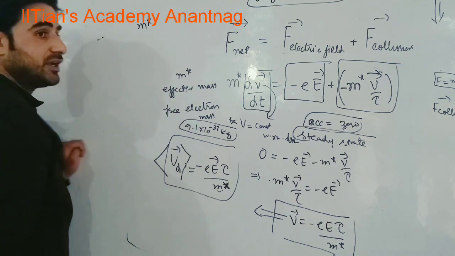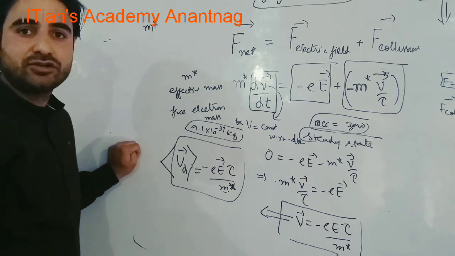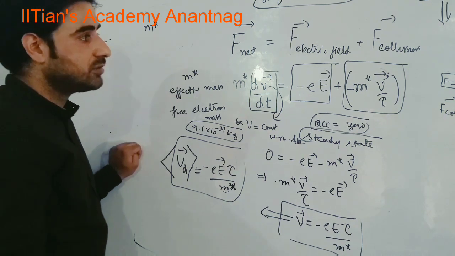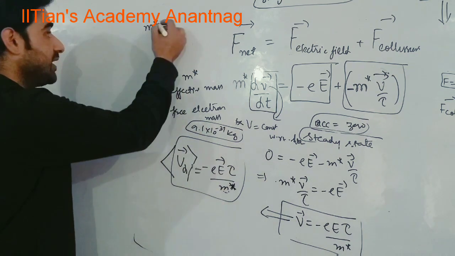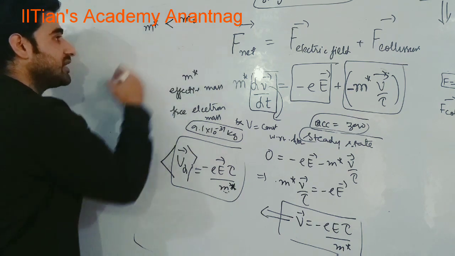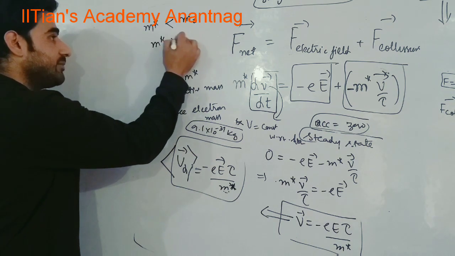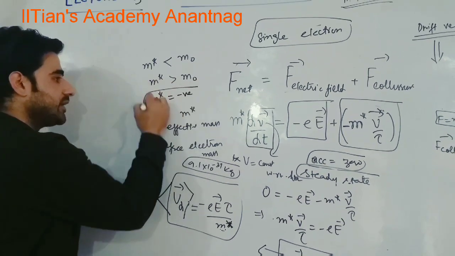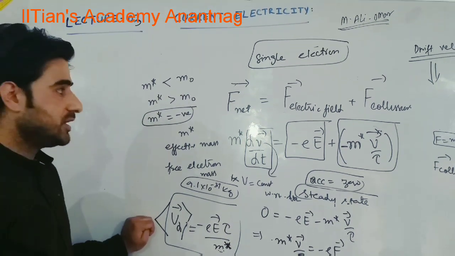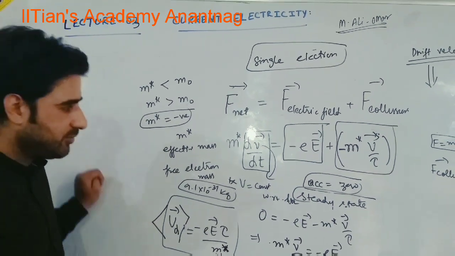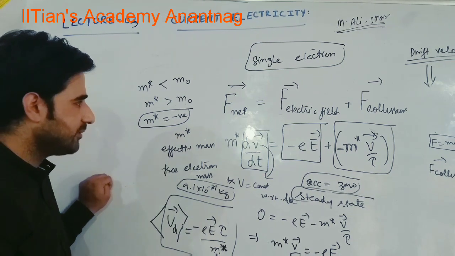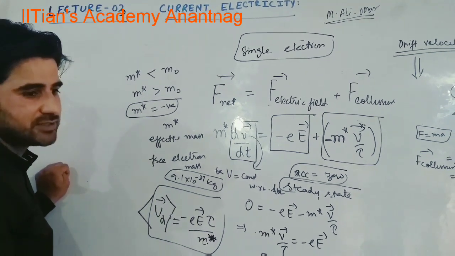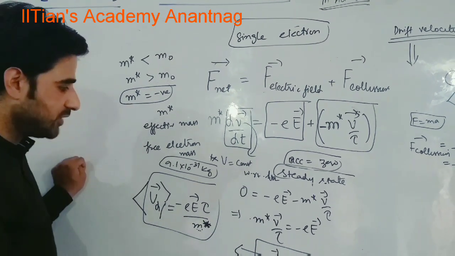Okay, in fact, I will tell you some important things here. Effective mass of electron is not constant. I repeat, effective mass of electron is not constant. It is anisotropic. It depends upon the direction of the applied force. And believe me, m star can be less than the mass of free electron. Effective mass can be greater than the mass of electron. In fact, effective mass of electron can be negative. Let me not go into the depth, but remember that effective mass of electron is totally different from the mass of the free electron.